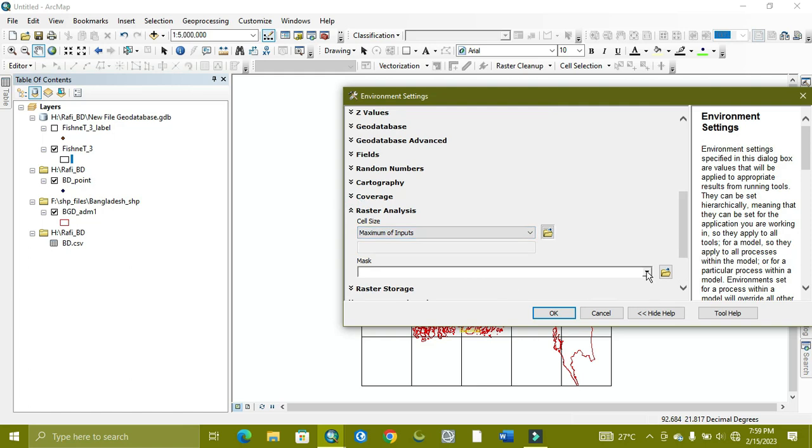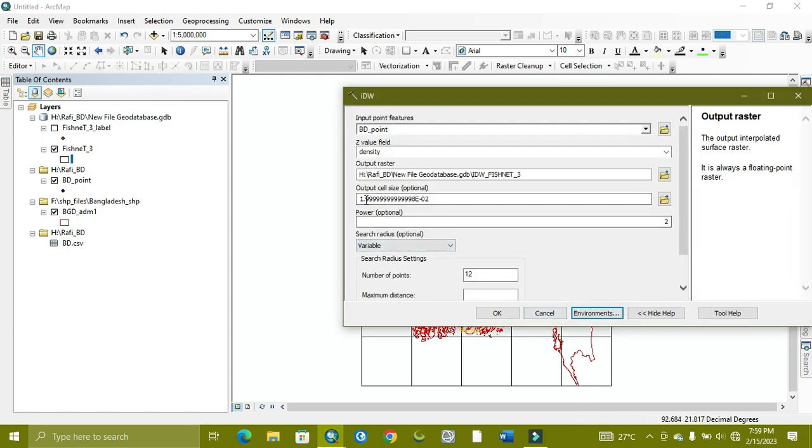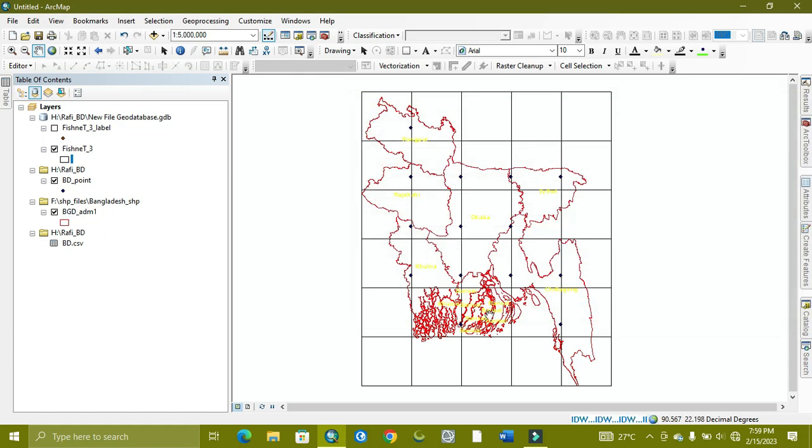So here also we keep fishnet 3. As you can see here, the cell size has changed from the last one. It was in points, but here it is 1.9, so we can change it. Just click OK. The value will become here